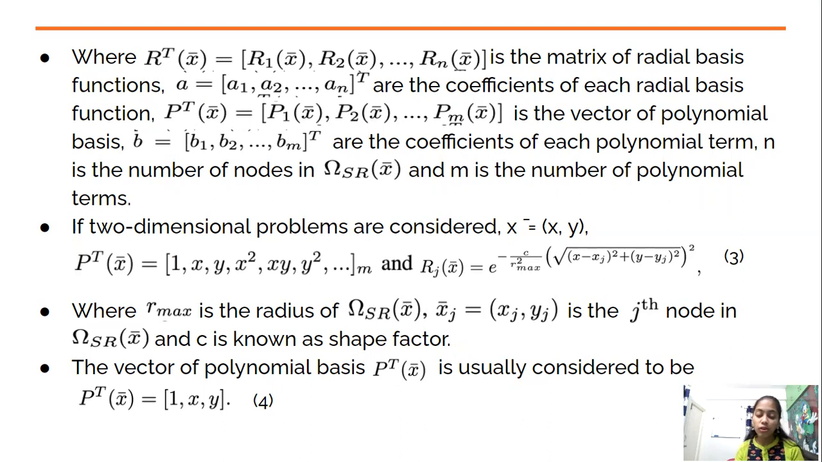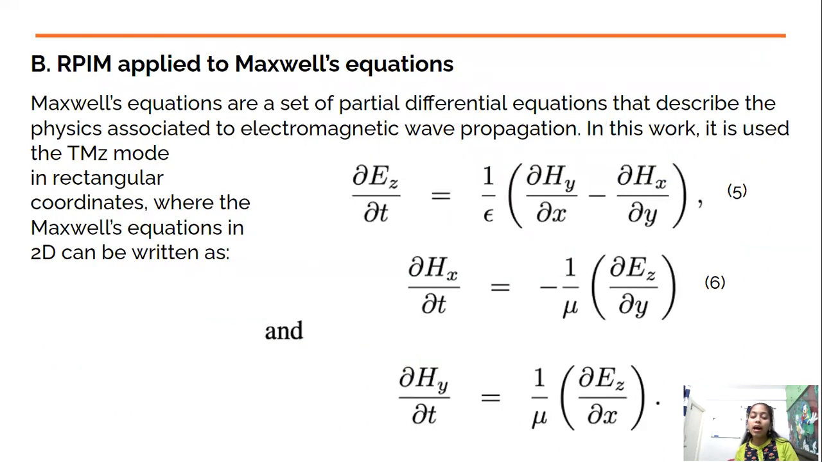The vector of the polynomial basis p bar t of x bar is usually considered to be p bar t of x bar equals 1, x, y. The RPM applied to the Maxwell equation. Maxwell equations are the set of partial differential equations that describe the physics associated with electromagnetic wave propagation. In this work, the TMz mode is used in the rectangular